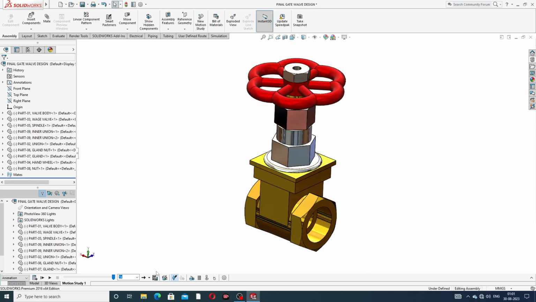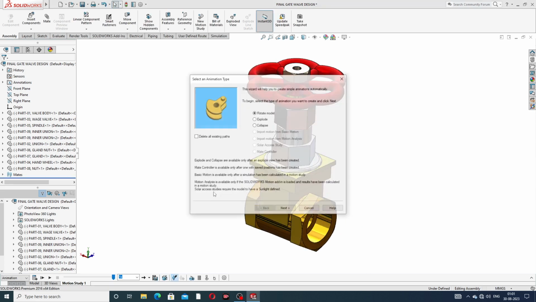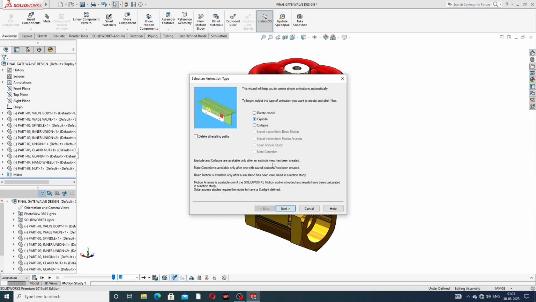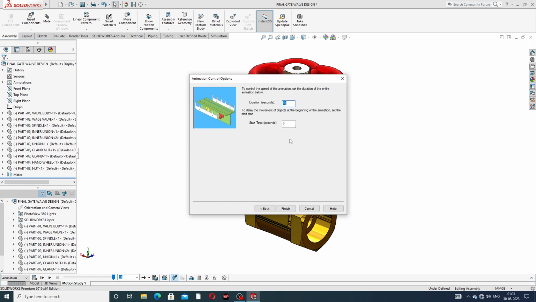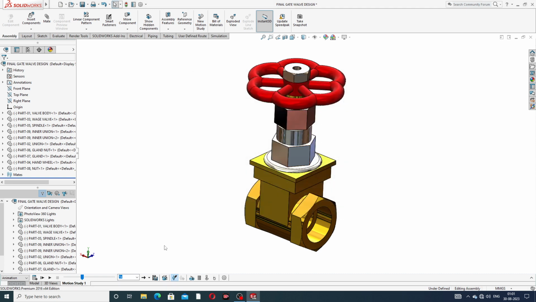Okay, next is the animation wizard exploded view. Go to next, and the start time is 6 seconds, and the duration is 11 seconds.